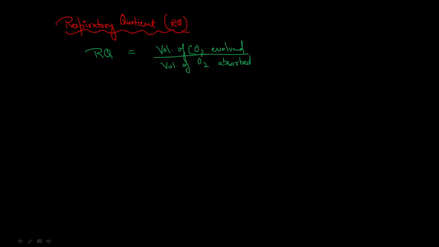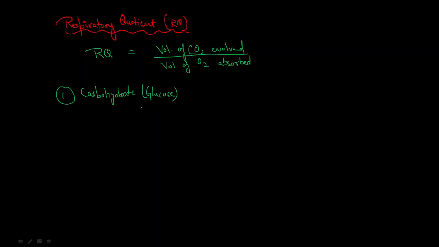As we know, during the respiration reaction, oxygen is getting utilized or absorbed, and carbon dioxide is going to get released. So it is just a ratio of the volume of carbon dioxide evolved to the volume of oxygen absorbed during respiration. Now this RQ can be calculated for different substrates, and it is different for different substrates. So let us take the example of the most commonly used substrate, that is carbohydrate. Precisely, I am going to take the example of glucose,